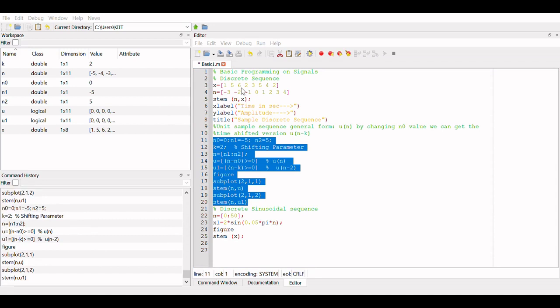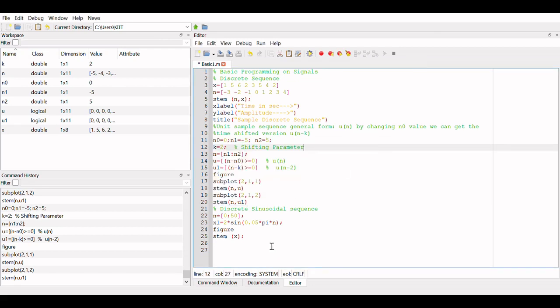Now you can see, if you look carefully, that my range is from -5, this is my starting point, to +5 till here. Initially I have 0 to +5, and before that it is going to be 0. Next my sequence got shifted by a factor, so my 0 value is now shifted to 2. So this is my new shifted unit sample sequence, or unit step sequence.